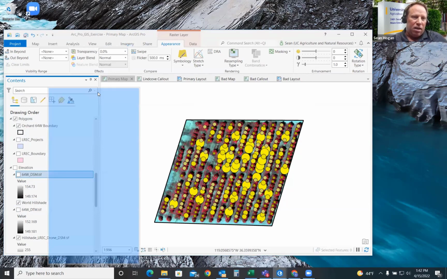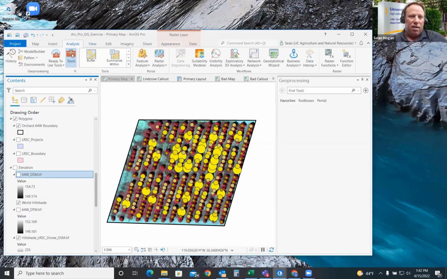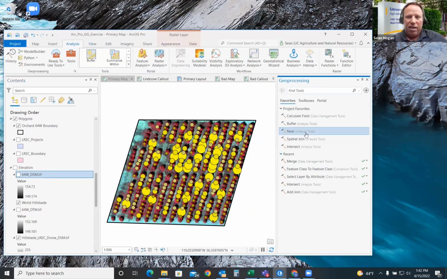It can get undocked if you want to pull it to somewhere else. I prefer just the defaults. If I bring up, say, my analysis tools and my geoprocessing tools, you'll see another pane pop up on the side. In the middle, though, typically this is referred to as the window, or in this case, a map window.